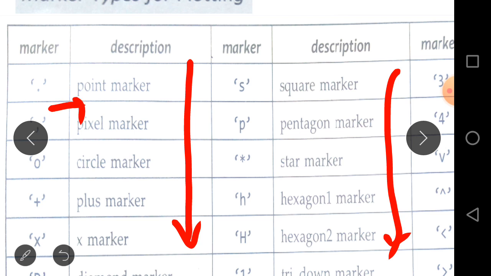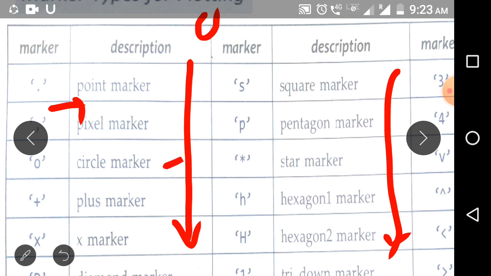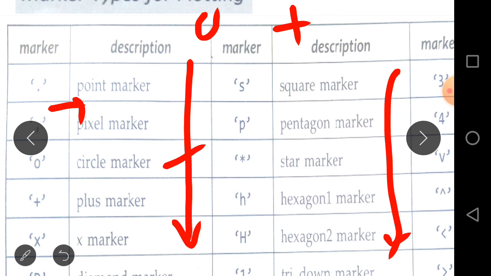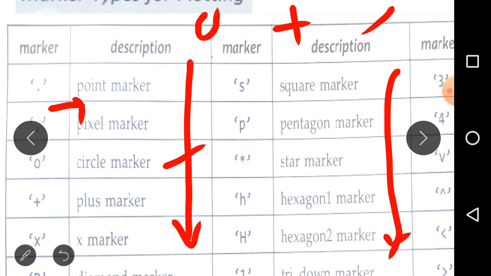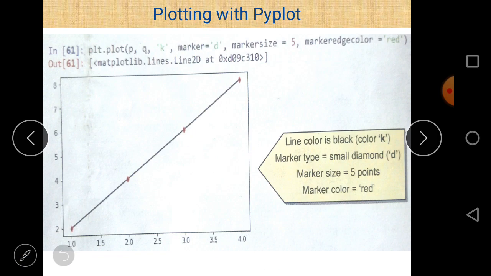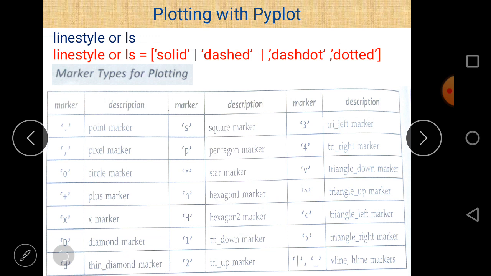For example, if you want to put O, the O marker represents a circle marker, and if you write plus, then this marker is represented by a plus marker, and then star represents a cross star marker, H represents a hexagonal marker. So these are the different types of markers, you can use any one of them. In most of the cases we just use dot,